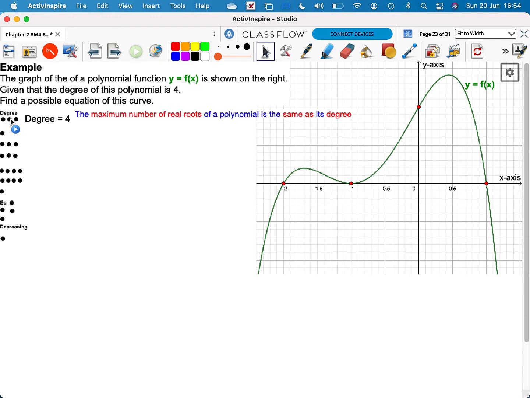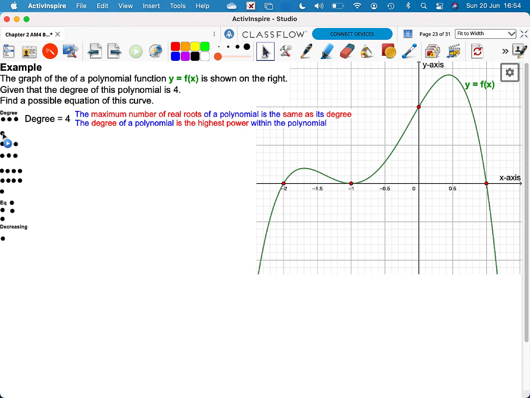Well, a degree is the max number of roots of a polynomial. The max number of real roots of a polynomial is the same as its degree. And the degree of a polynomial is the highest power within the polynomial. Okay, now we're looking at this